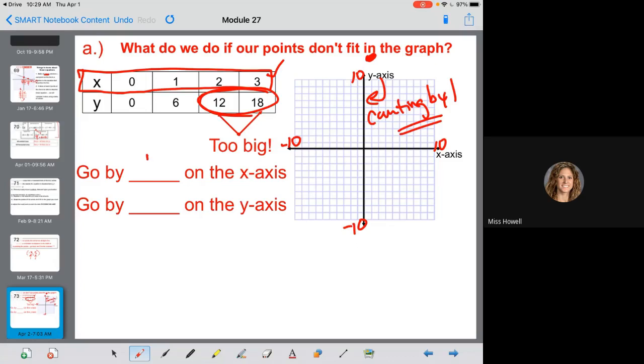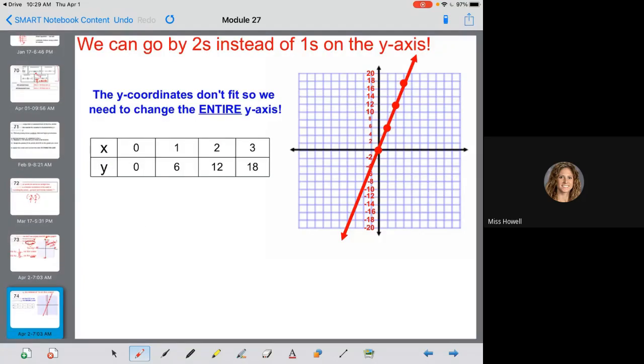We're still good to go by 1s on the x because everything fits counting by 1s. But we need to get up to 18 on our y-axis, so we'd have to count by 2s here. And we'd actually have to show that in our picture, so we would have to go in and number until we got up to 20 and down to -20. But only on our y-axis did we have to change. Notice this x-axis doesn't have any numbers on it, so we're still technically counting by 1s there. So just be careful. I want all your points to actually be in the coordinate plane, nothing floating